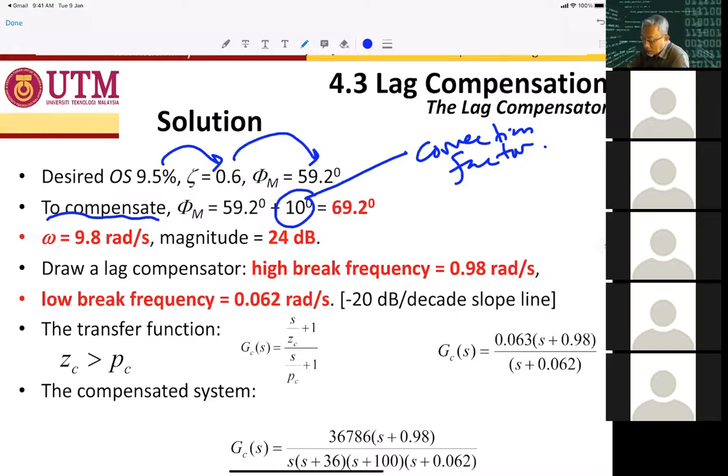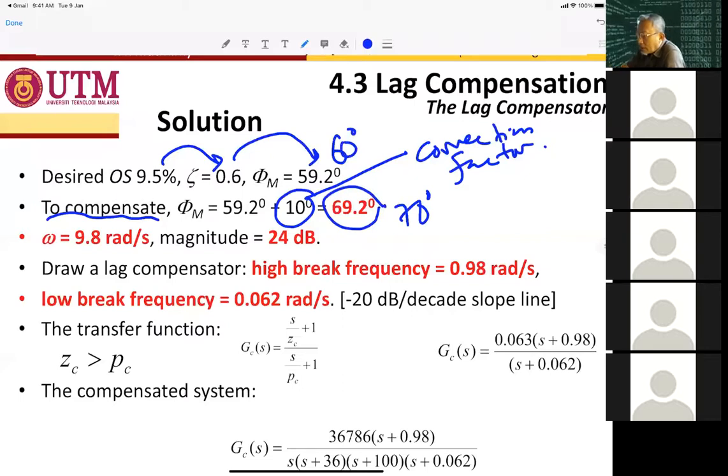By manually drawing. So that's why we add the correction factor of 10 degrees, in order to avoid mismeasurement or wrong measurements. So it will become 69.2. To make it easy, usually I assume this one is 60 degrees and this one is 70 degrees, so it is easy for you to calculate. So even though your answer is not the same as your colleagues' or peers', no worries, because we have a tolerance of maximum and minimum in order to accept your compensator,